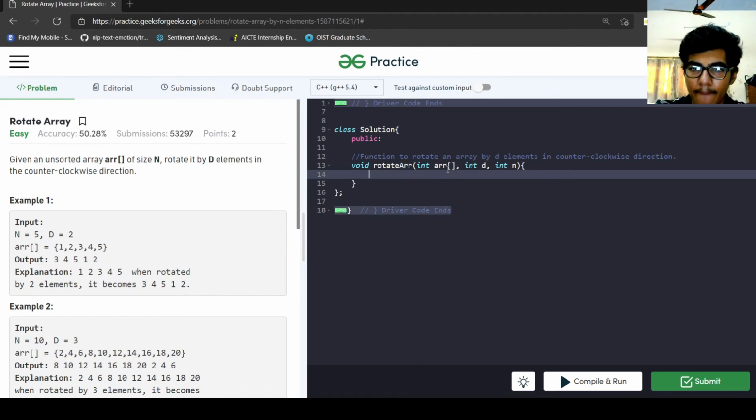So what I did: reverse the whole array from 0 to n.